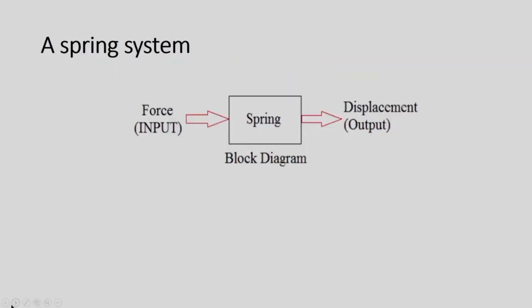The block diagram of a typical spring system can be seen on your screen. As you know, it has a force and a displacement, and it follows the principle of operation F is equal to K into x. This F is equal to K into x would be true in the case of steady state condition. However, in reality the spring will oscillate, it will vibrate about its equilibrium position